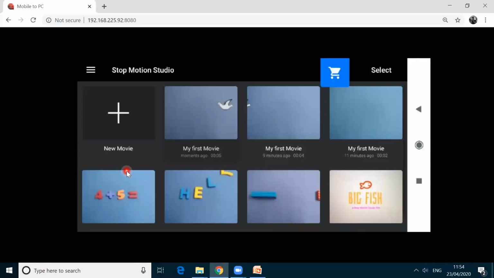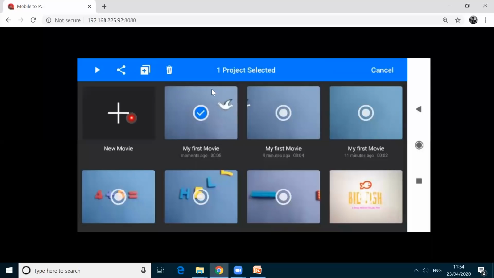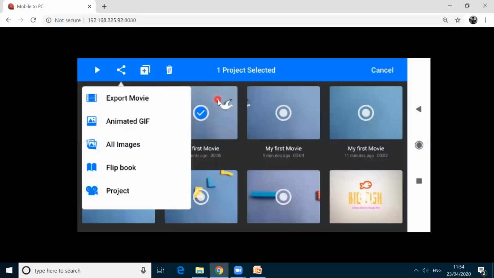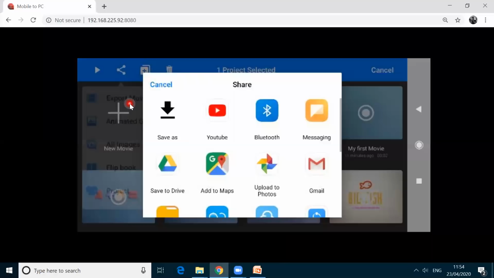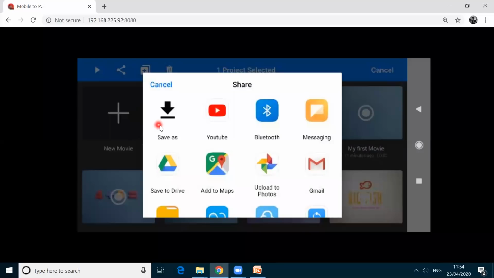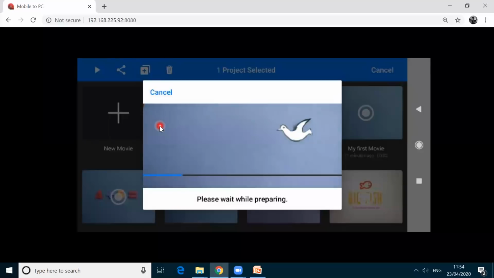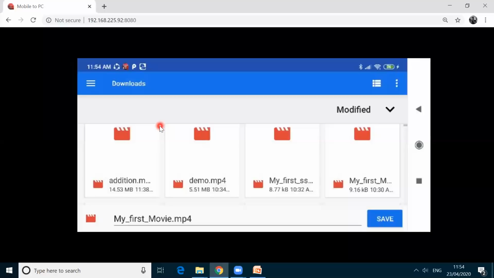If you want to save in your mobile, again long press this one, click on this share option, and then click export movie, and then click save as. It gets automatically saved, and then it opens like this.